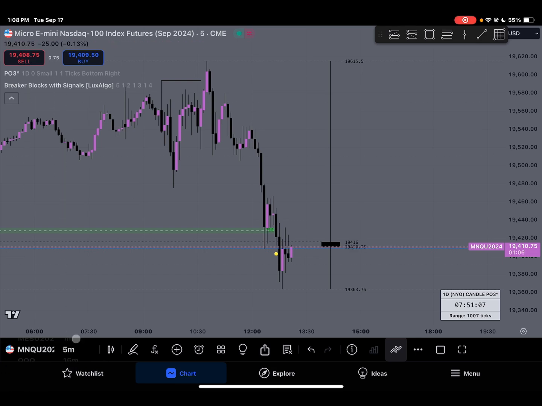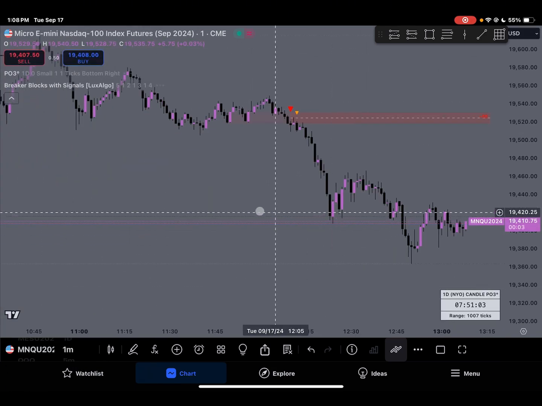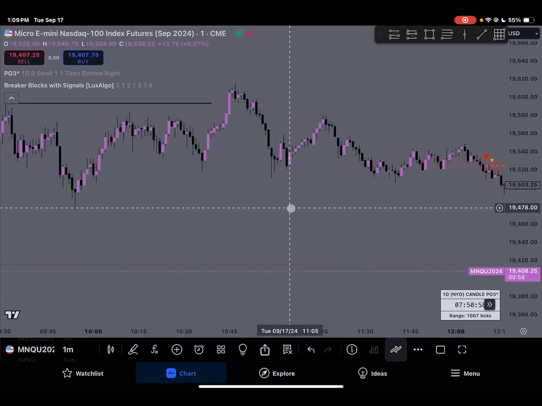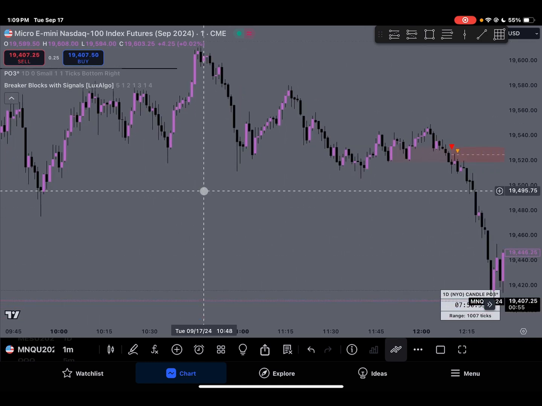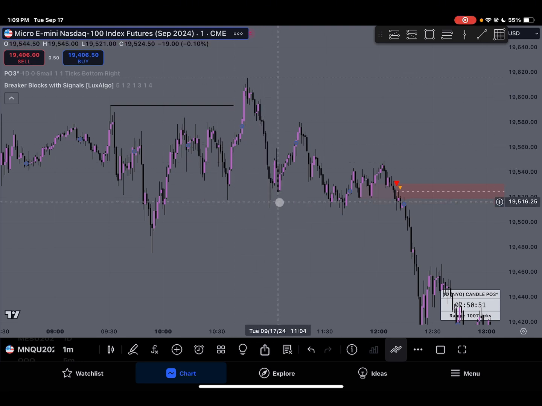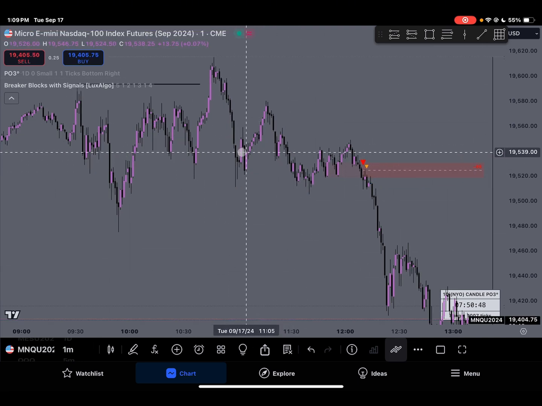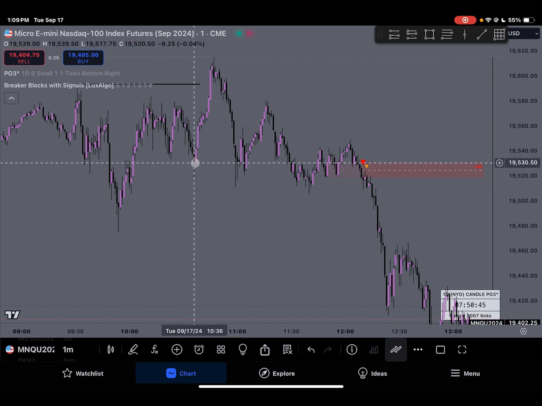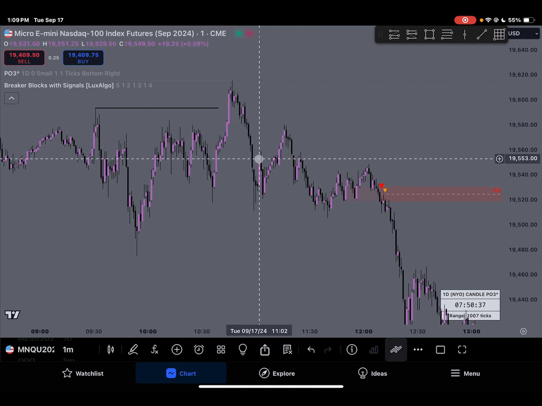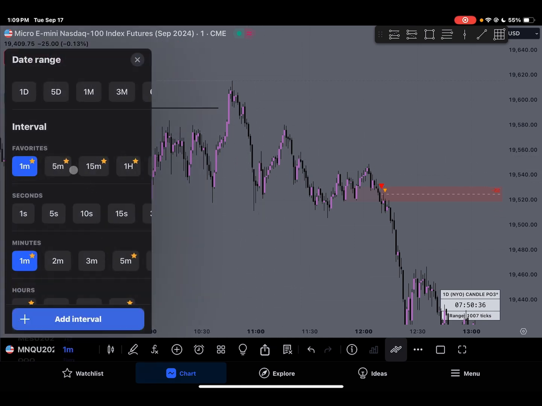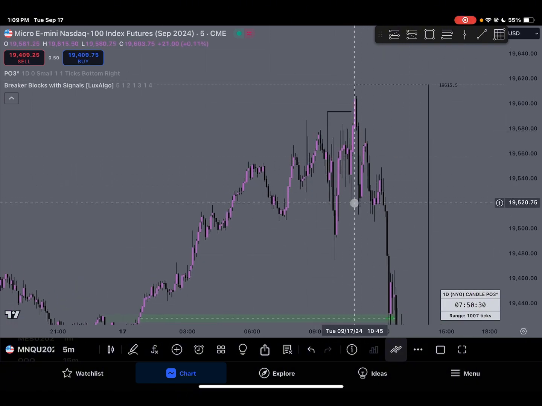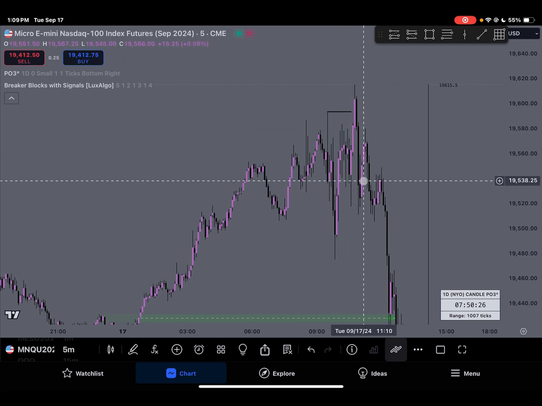We could possibly go to the 1 minute and find a breaker as well. So yeah, immediately right here, there is a few. What I would be looking at here is around here because of macro, but this is the breaker. We do end up closing it here, but the reason why I wouldn't take this personally is because, if you look at the higher time frame, there's a 5-minute fair value gap here that was not touched at this point. Yeah, it disrespects it, but again,